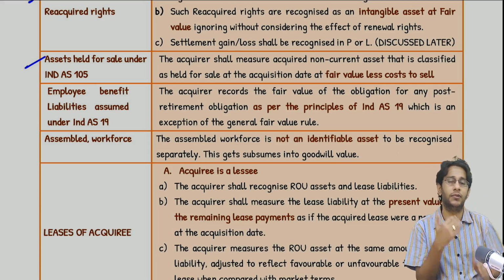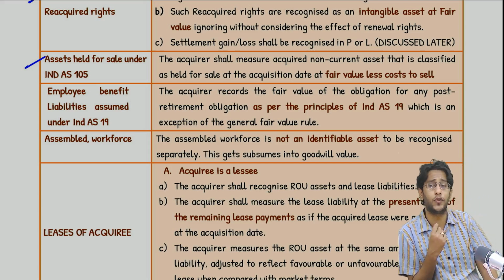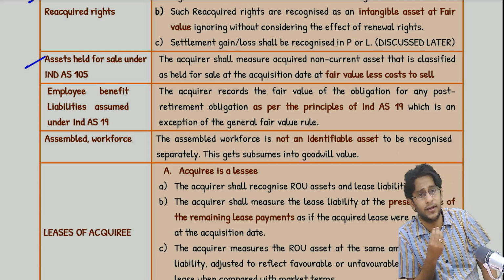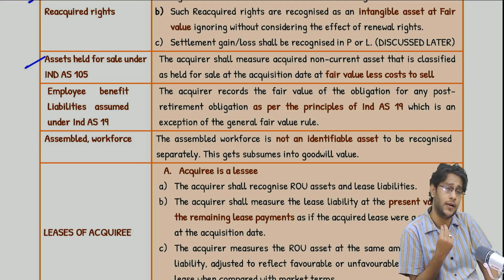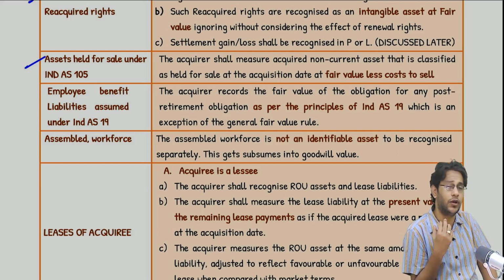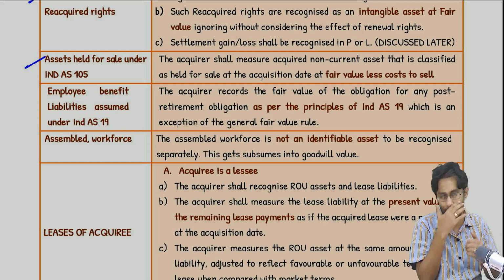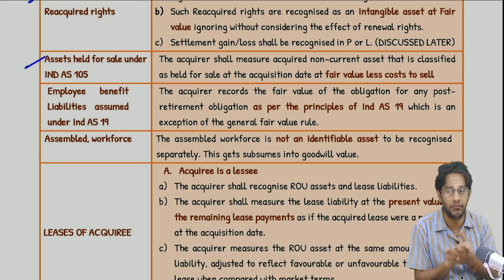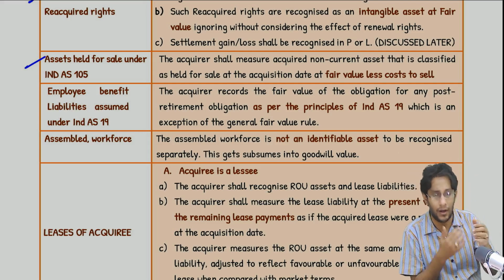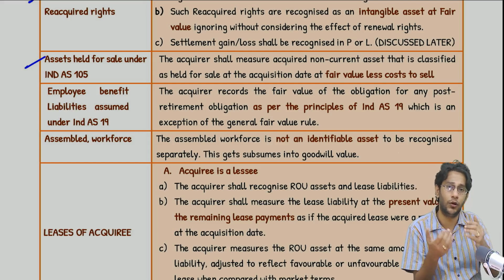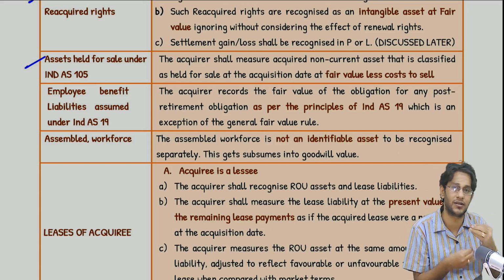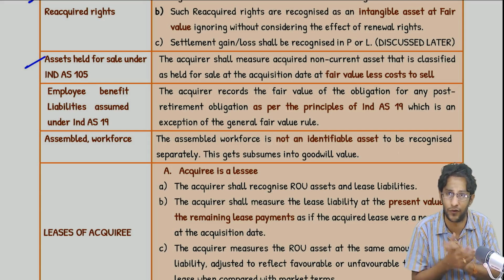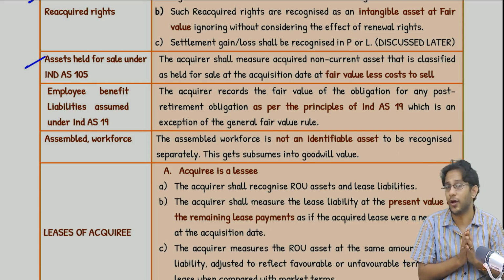Next, the selling company, the acquiree entity, has got so many employees towards whom, let's say, there is gratuity liability. So in their balance sheet, provision for gratuity is there. And you all know provision for gratuity in accordance with Ind AS 19, how is it measured? Projected unit credit method. You have these 4 or 5 steps. You identify the amount of benefit you have to pay. You allocate cost to every year. Then you compute something called current service cost. Then you build a liability sheet. Then you write entries like current service cost, interest cost, present value of defined benefit obligation, plan assets accounting. So all these are there.